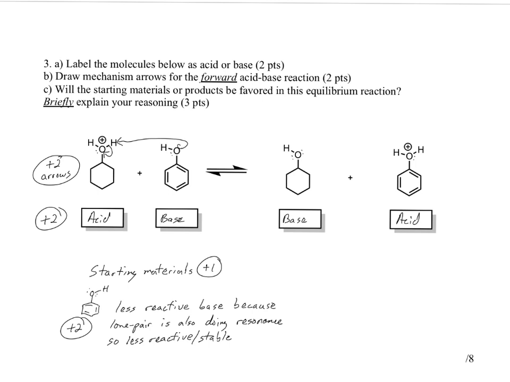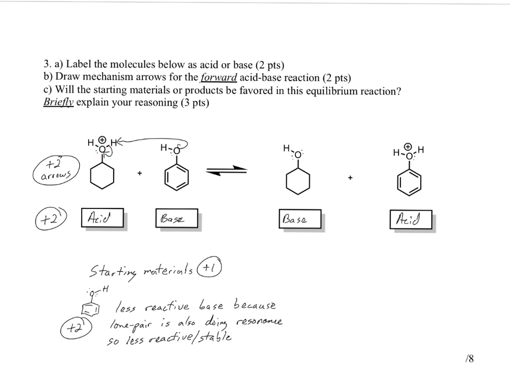All right, for this one, label the molecules below as acid or base. Draw the mechanism arrows for the forward acid-base reaction. Now forward just means from left to right. And will the starting materials or products be favored in this equilibrium reaction? And briefly explain it. So, 2 arrows. The plus charge should tell you that's an acid, that's an electrophile. The lone pair from this oxygen reacts with the hydrogen, breaks the O-H bond,